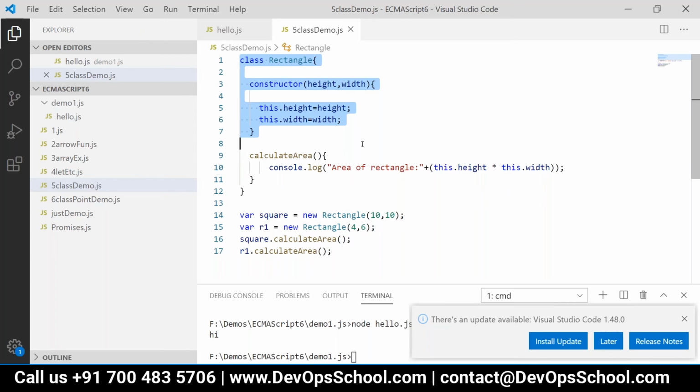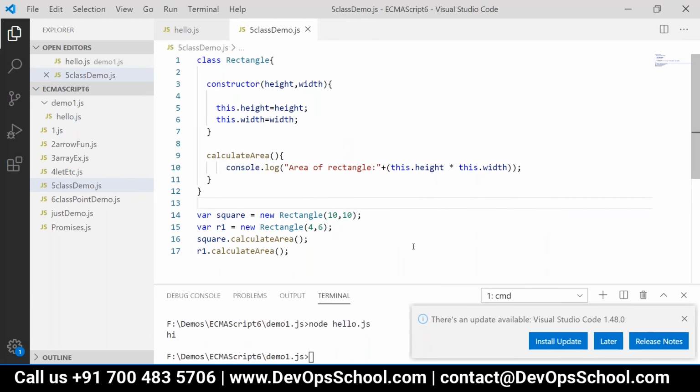Can you please create it quickly? You will become more comfortable with this syntax. So we are writing a class here, Rectangle.